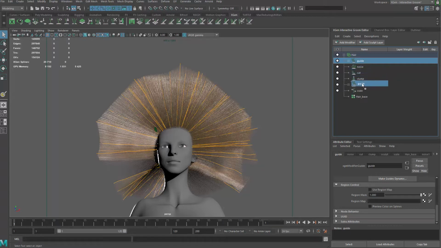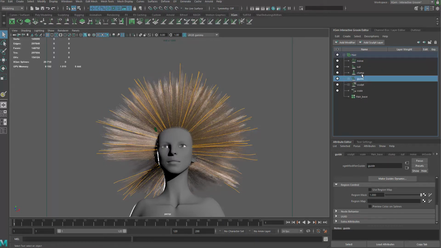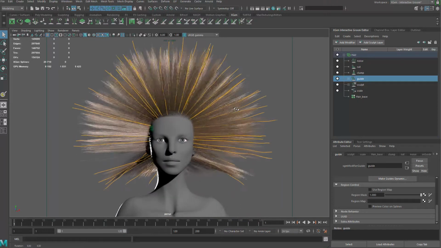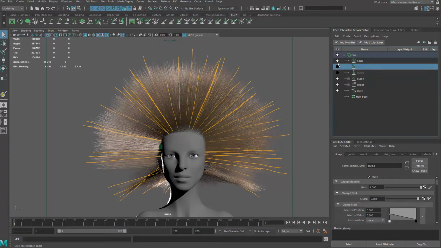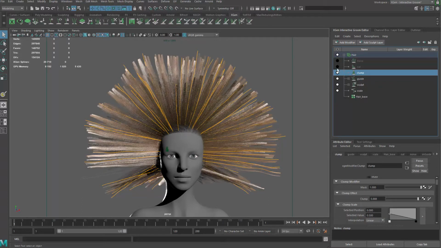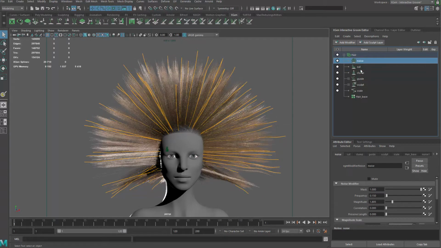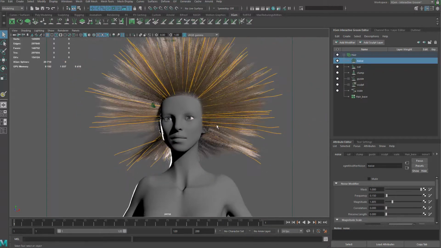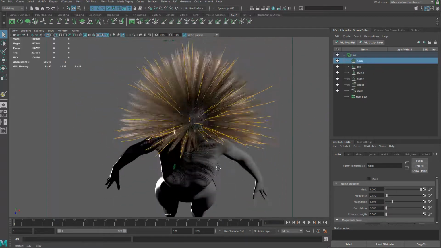Middle mouse drag it to change the order of the layers. You can drag that beneath noise, cut, and clump. Now what's happening is the guide first creates the hair, and then my clump brings them together, my cut does some cutting, and the noise is then applied. Okay, so that is that. Alright,